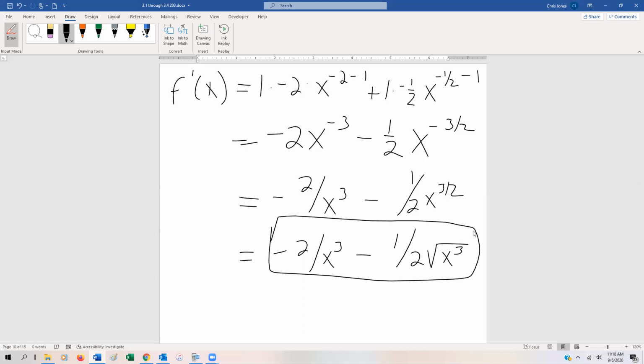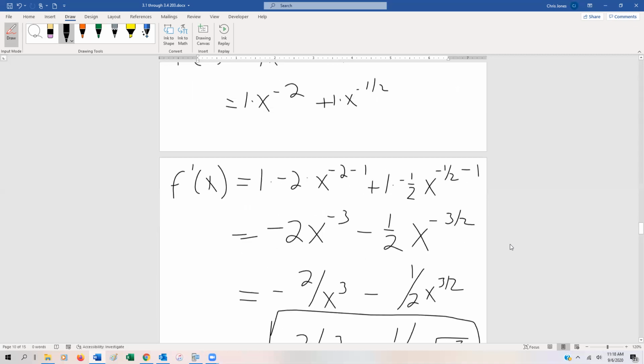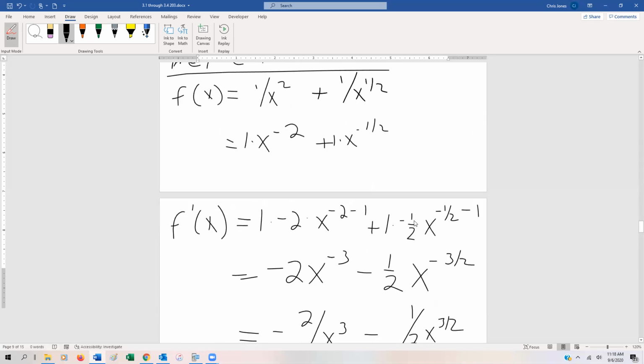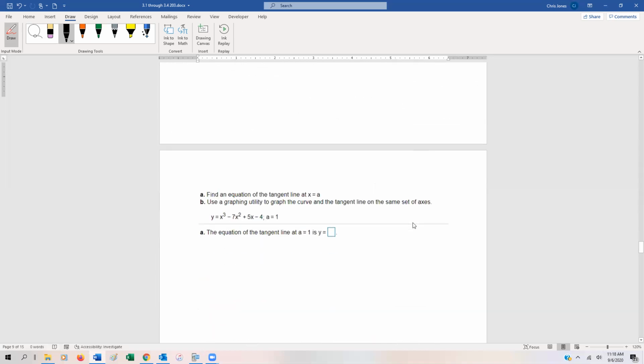Really nice and easy to find the derivative compared to using the definition of derivative, which would be very painful. So be careful with that, where you have to prepare these functions for differentiation sometimes, especially square roots and when you have just singular x terms in the denominator. Now if that's x squared plus 1, that's what we're going to do in the next chapter. All right, so an old concept,